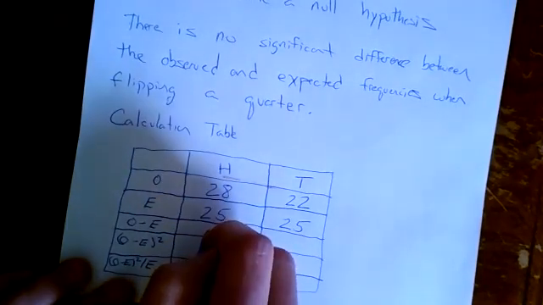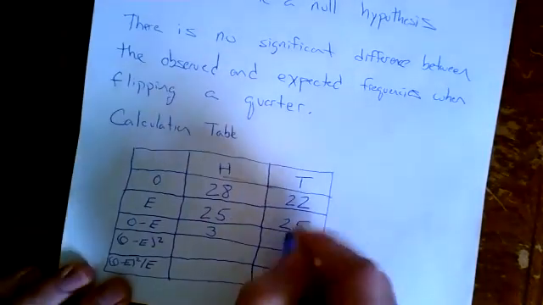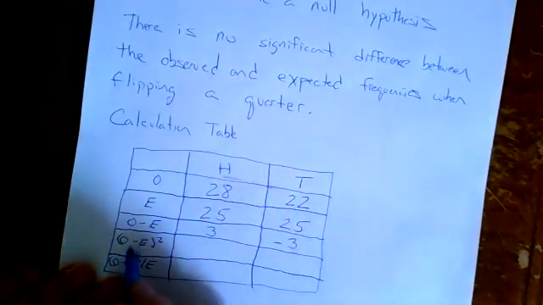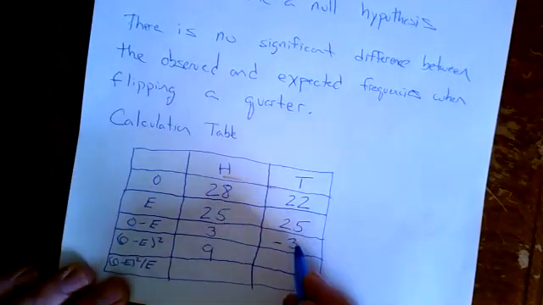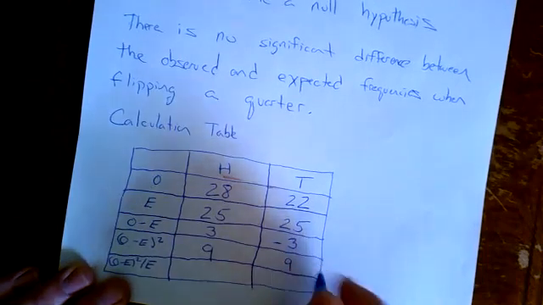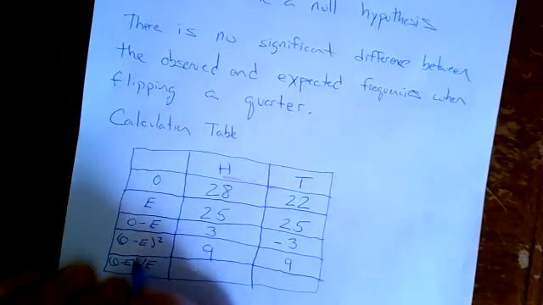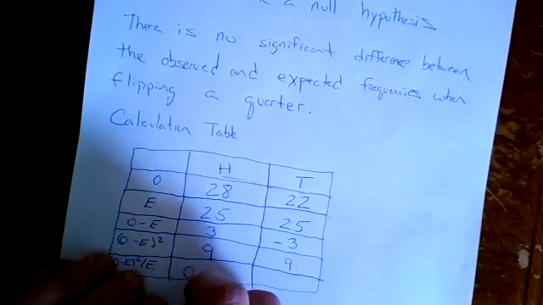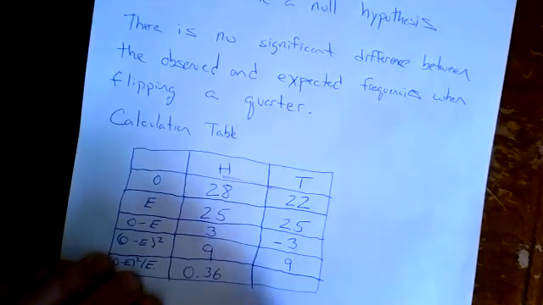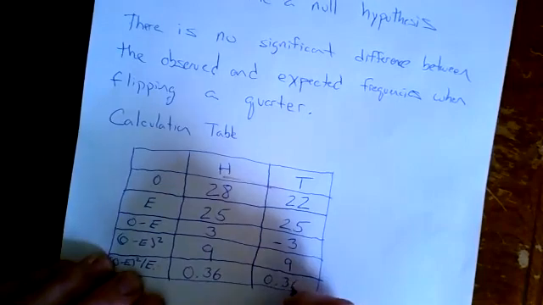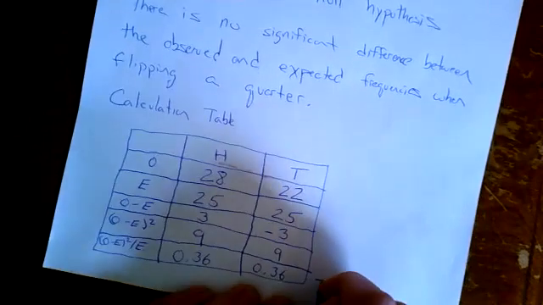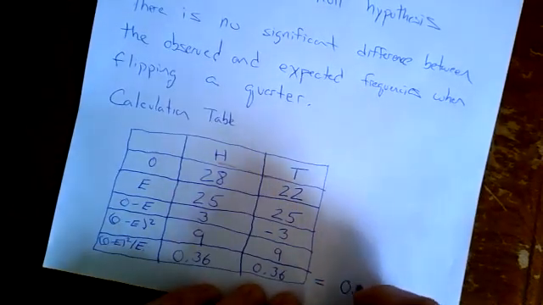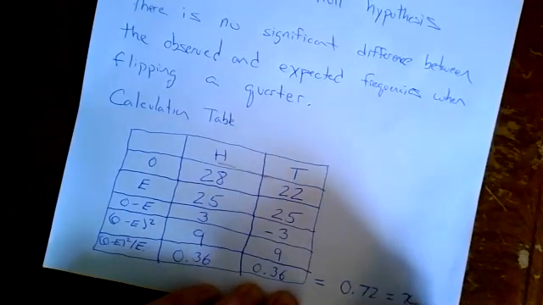28 minus 25 is 3. O minus E, negative 3. O minus E squared, so 3 squared is 9. Negative 3 squared is 9. And finally, 9 divided by what we expected, 25. 9 divided by 25 is 0.36. 0.36, because this is also 9 divided by 25. And then we add them together to get a chi-square value of